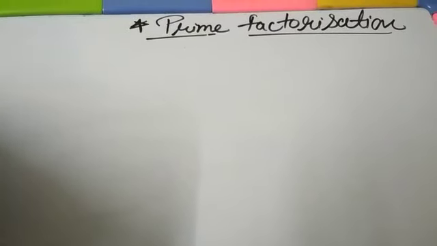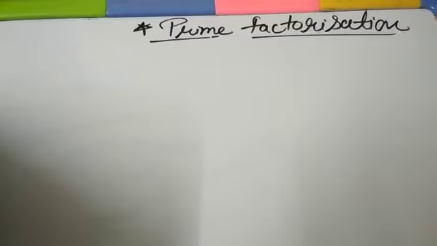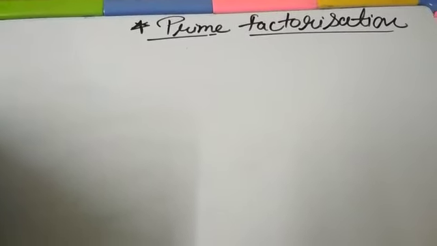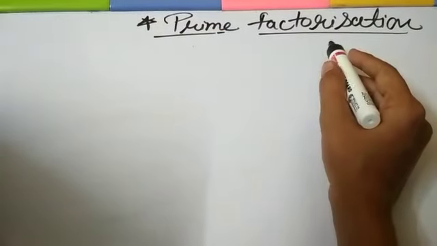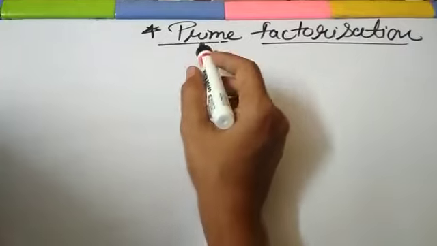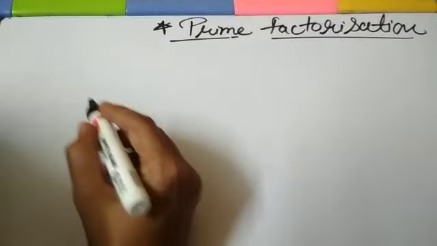Good morning, students. Up to the previous video of this lesson, we have studied the prime numbers, co-prime numbers and the twin prime numbers with their respective examples. Now let us move towards the next part of the lesson, that is prime factorization. It means that now we are going to factorize the numbers into the prime numbers. So for that, let us take an example.